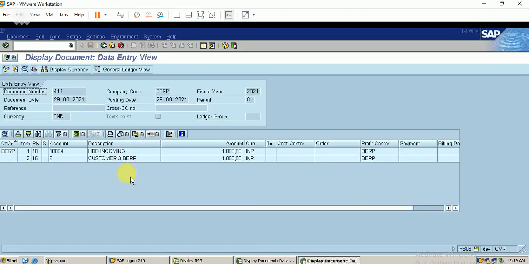The accounting entry that is posted is this, so that the income is realized in this T code. So this is the accounting document created during billing, that is 410.